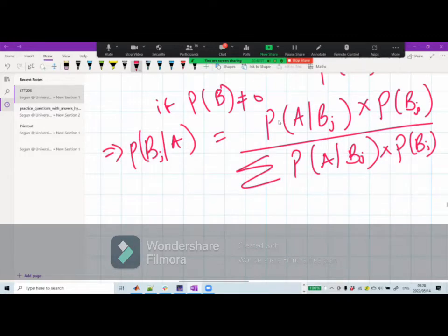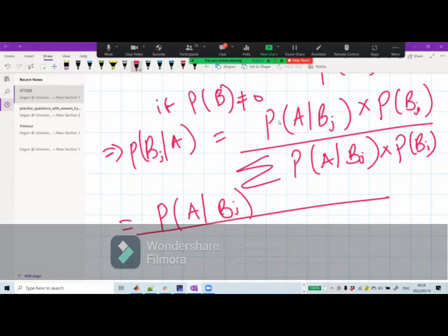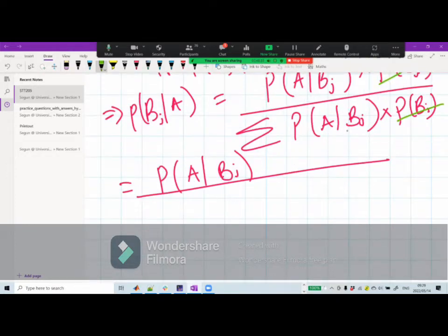Now, what does that mean? It simply means, if I want to write it in broad terms, it depends on the question. Probability of A given Bj divided by, I will now multiply them one after the other, meaning this one will have gone, this will have gone, so we remain with this, and this is the summation here,